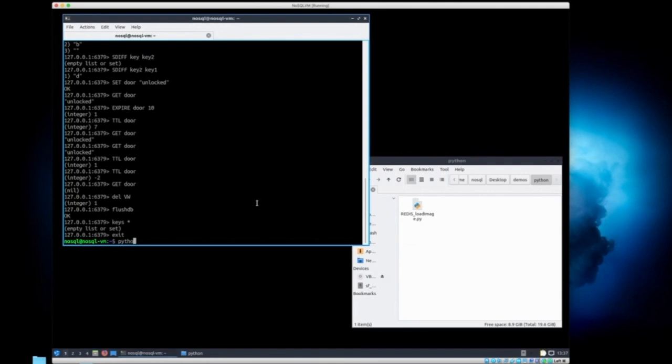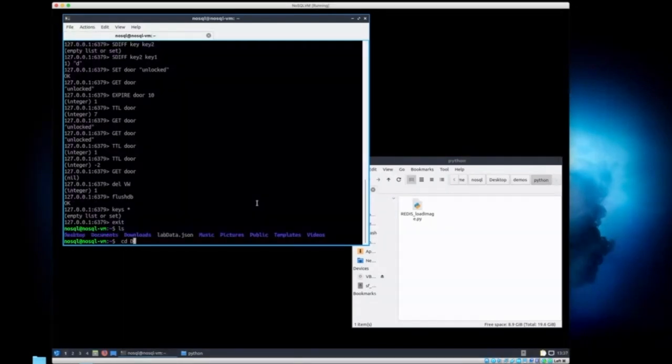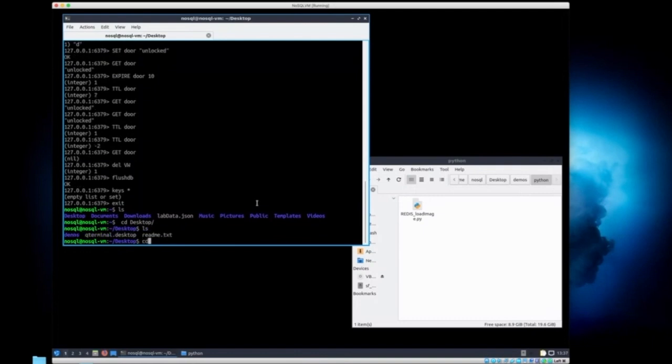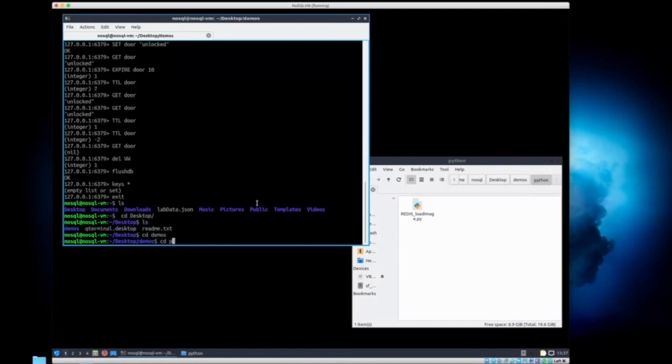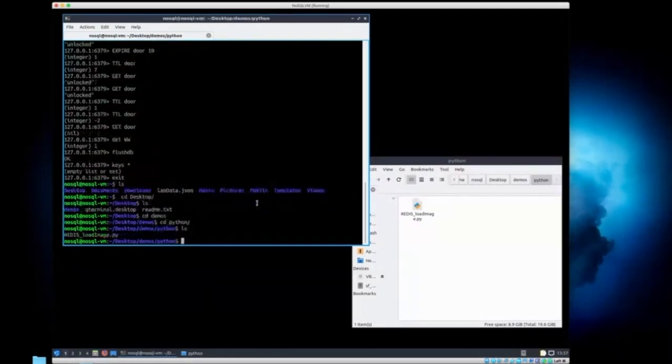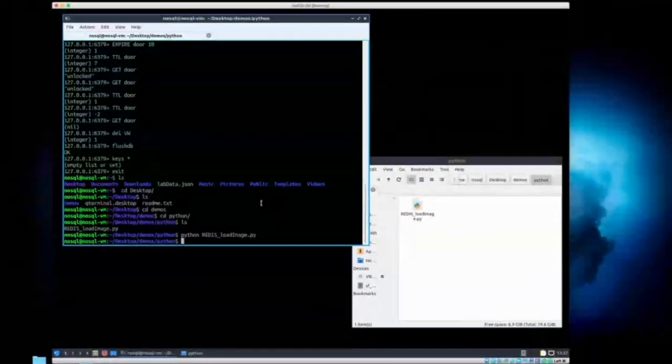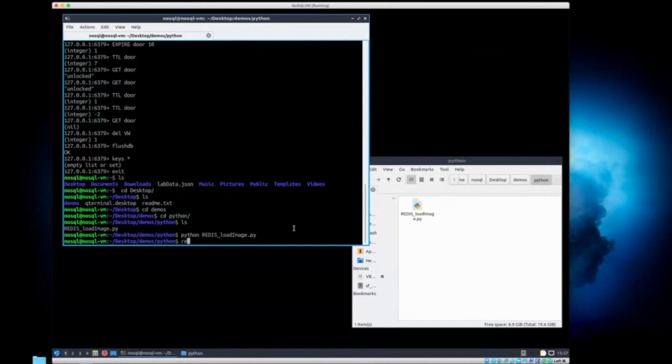Python, and then where's the path? Actually, probably just work on it. Okay. Hopefully that's done it. So if I go into Redis